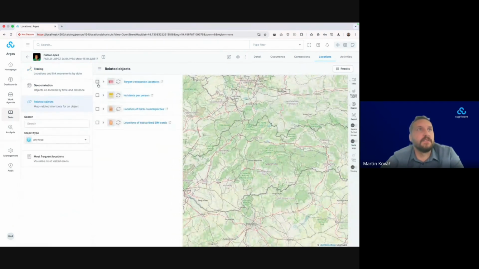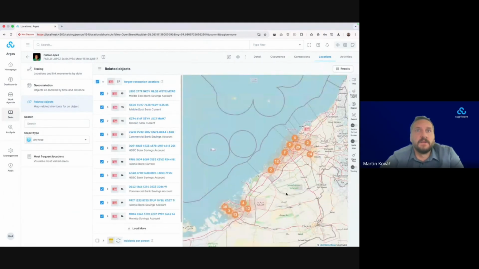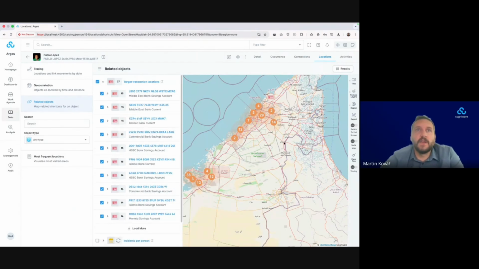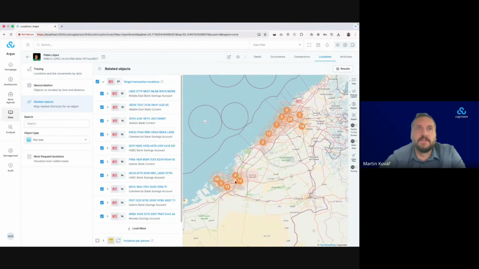And you can, for example, put on a map all the relevant locations that give you a full picture of the details. Sometimes you have this granularity, sometimes you focus only on the jurisdiction-level geospatial. So again, it depends on the actual investigation needs. But the geospatial view we have covered.